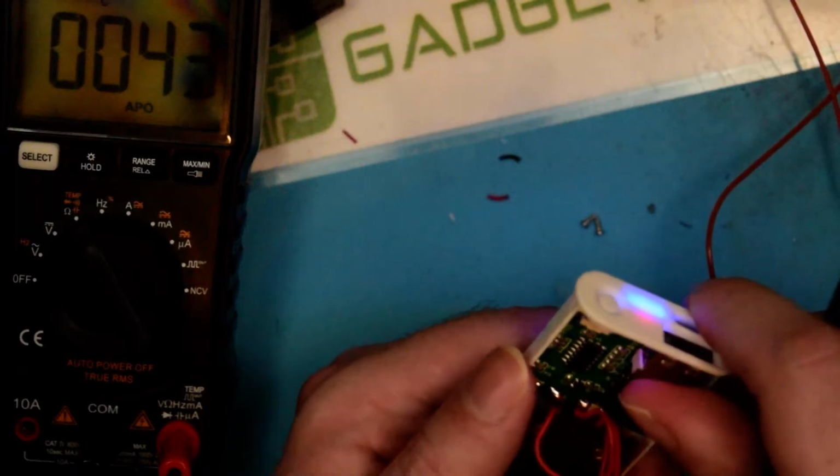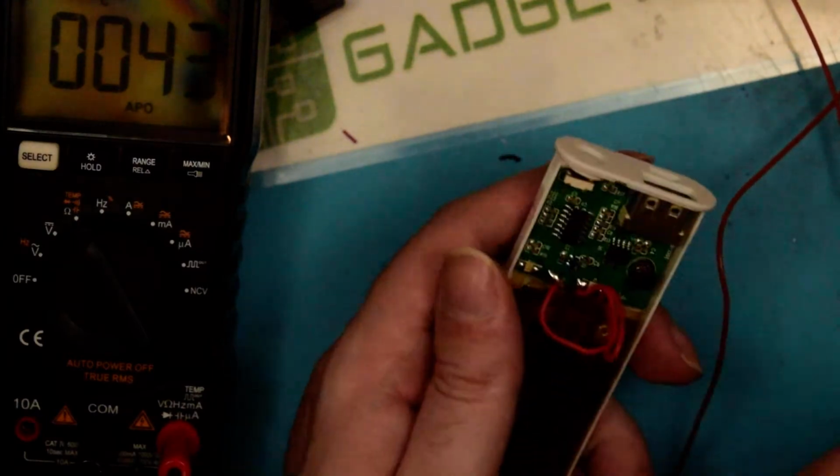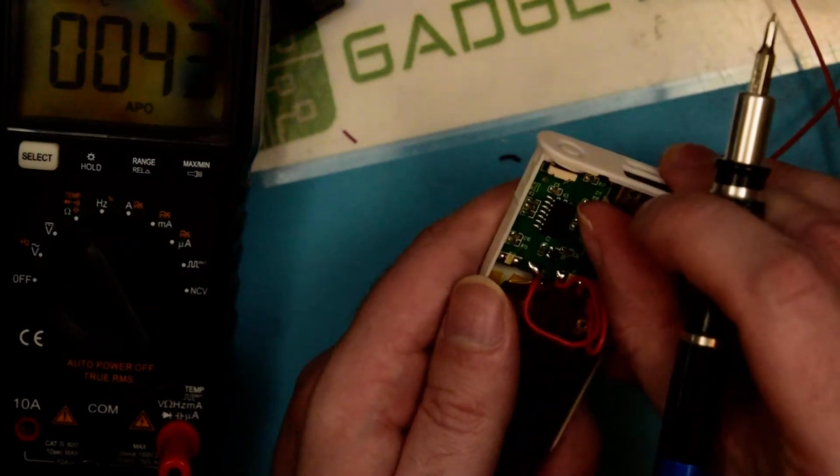I just accidentally turned it on, apparently. How did I manage that? Probably accidentally shorted something on the circuit board there. But yeah, that's